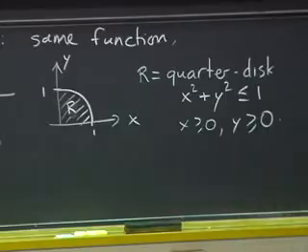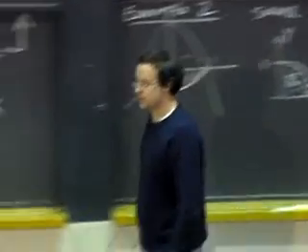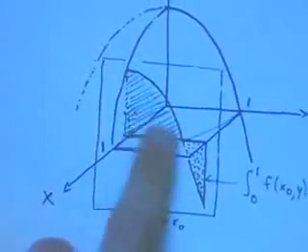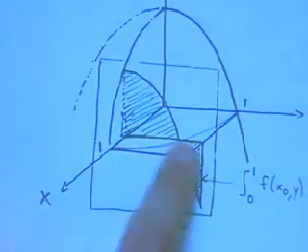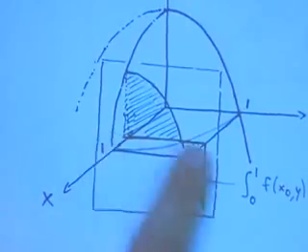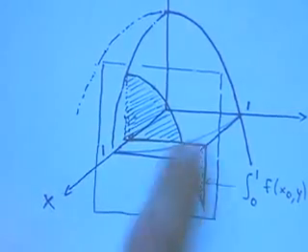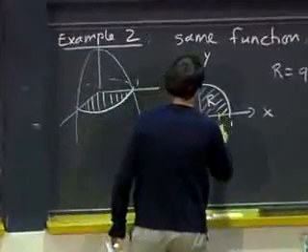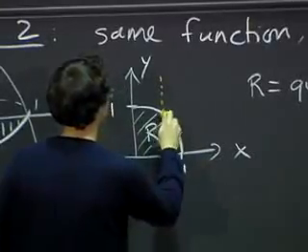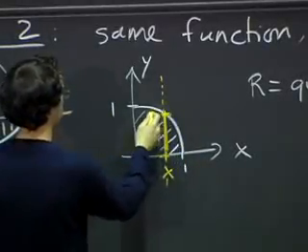Why do the bounds change? Well, the bounds change because now if I fix some value of x, then I will want to integrate this part of the slice that's above the xy plane, and I don't want to take this part that's actually outside of my disk. So I should stop integrating over y when y reaches this value here. On this picture, it tells me for a fixed value of x, the range of values for y should go only from here to here. So that's from here to less than 1.